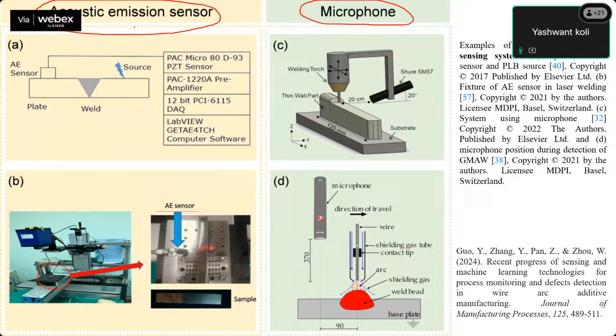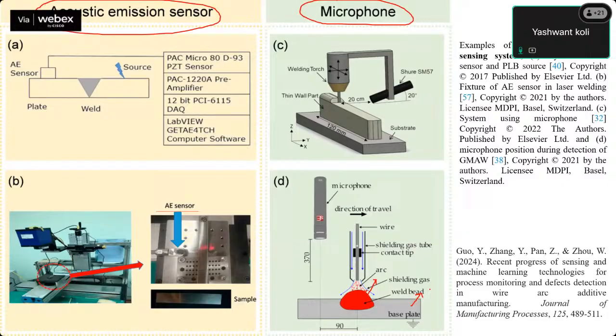So acoustic sensors for WAM and welding mainly use microphones and acoustic emission, that is AE, sensors. These devices capture sound or vibration signals from the arc or workpiece. From the arc the vibrations are to be captured, and from the workpiece also. So from both sides the vibration signals are captured, and for defect detection and process instabilities,